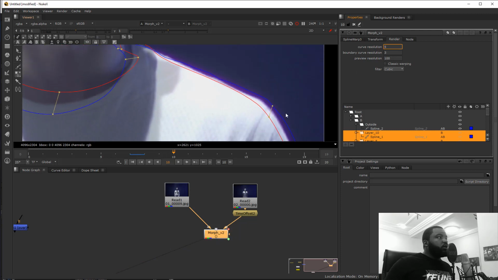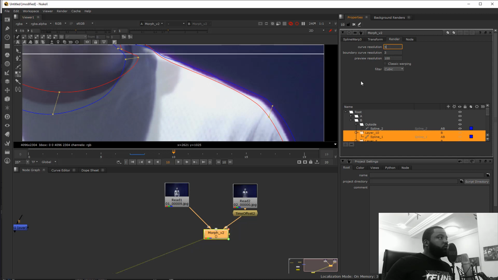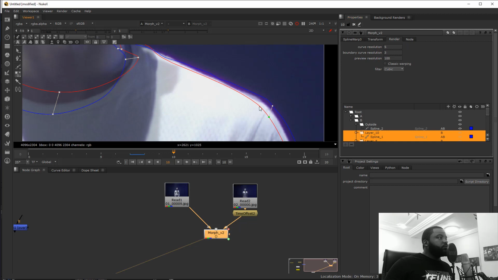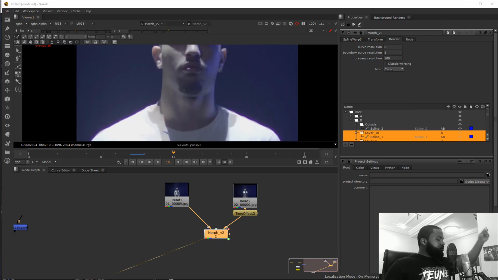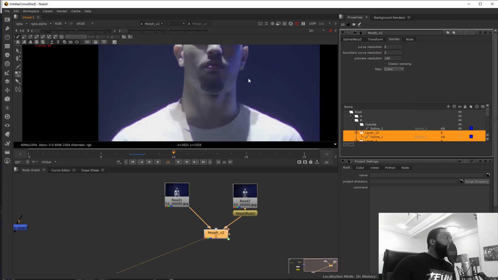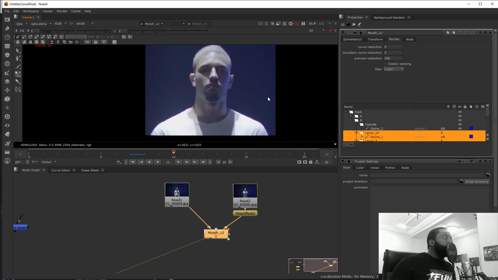To decrease the time, you can maybe move this point. I decrease the amount, so you can move this point like this, and move this one also like this, and you can correct that problem with 5. See, it's a little bit much, but it doesn't matter. Okay, so that's it. I want to put it at 3.